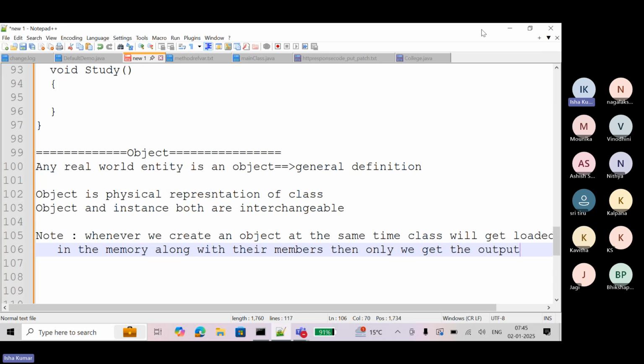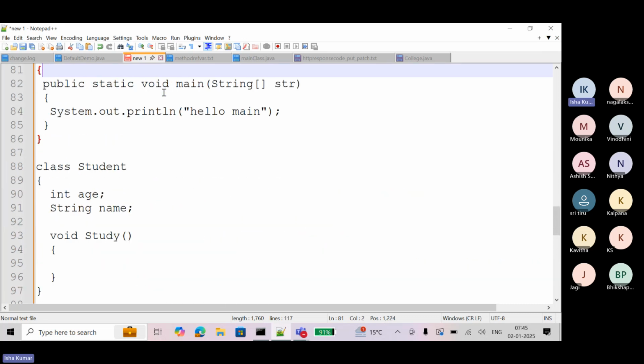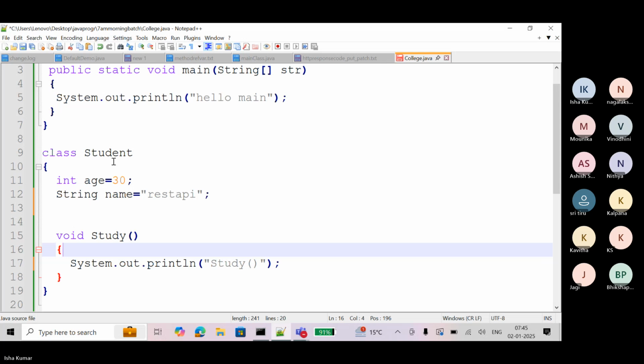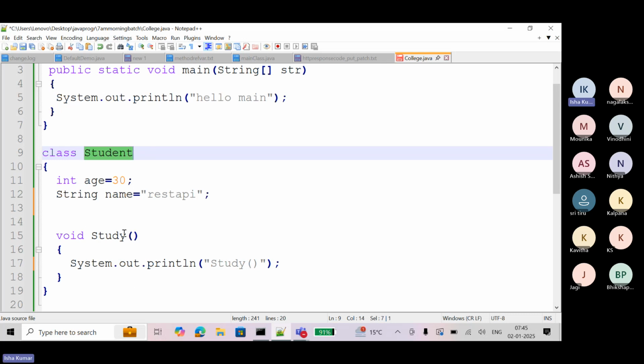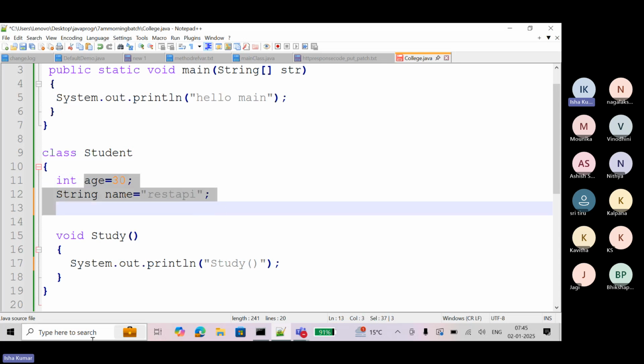So here, object is a physical representation of class. It is not a blueprint. It is a real existence. So whenever you want to get the output from the class, you must create an object of that class. Then only will this class get loaded in memory. This class does not have any importance in the program, but if you create an object of this class, it will get loaded into memory along with its variables. How? Let's say